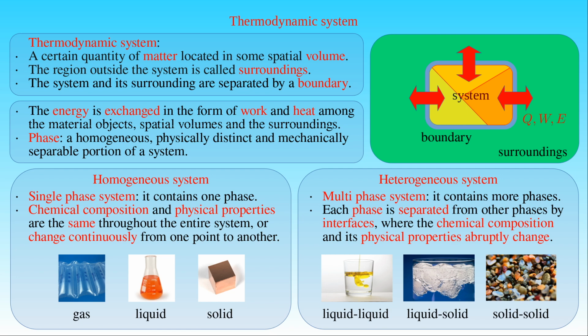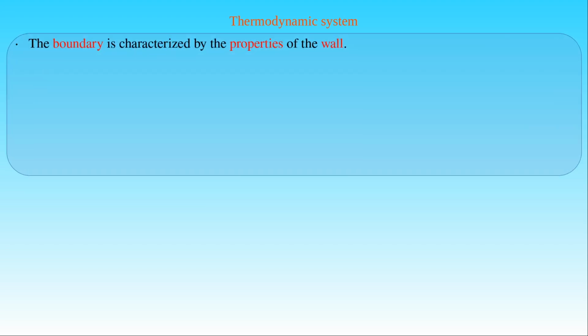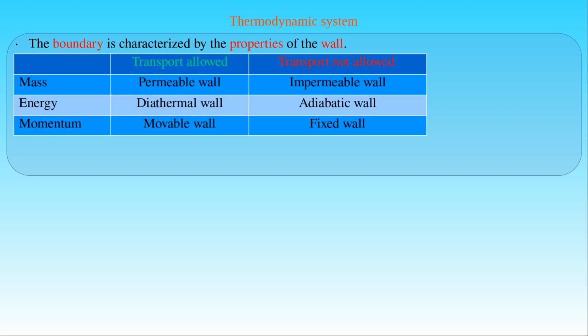The photo showing some grains of sand demonstrates how different the physical properties of the individual parts of such a system can be. As opposed to the phase interfaces considered as simple thin layers in heterogeneous systems, the boundary between a thermodynamic system and its surroundings can have different fundamental properties, which determines the transport processes through the wall representing the boundary. We distinguish between three different types of transport through walls: the transport of mass, the transport of energy, and the transport of momentum. Based on this distinction, we compiled this table containing all the possible types of walls applied in thermodynamics.